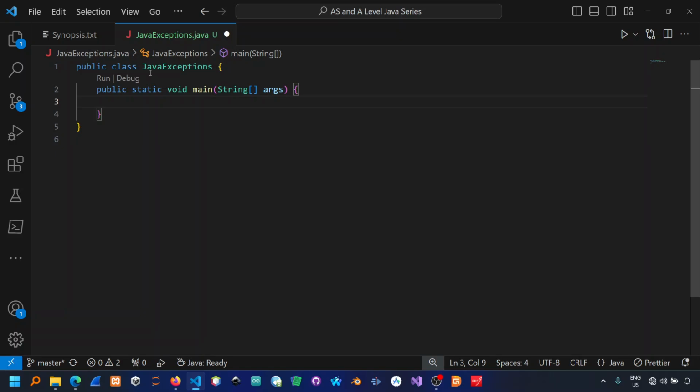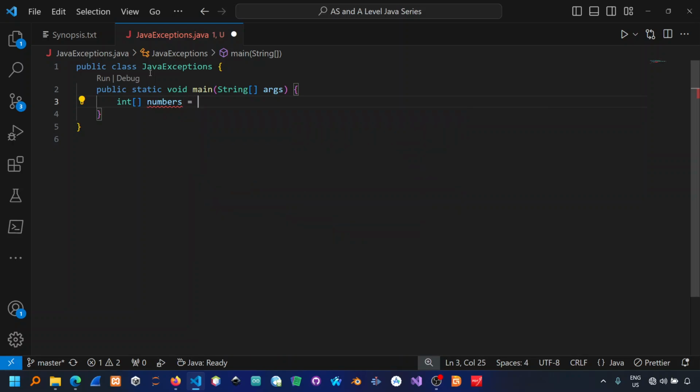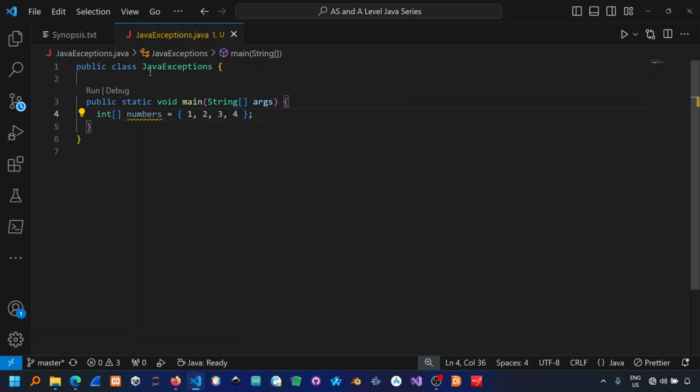Then I will just demonstrate the concept of an exception. So let's create an array of numbers. Then we are going to initialize it with maybe 4 elements, so 1, 2, 3 and 4. By default our array elements have index positions 0 to 3. So in order to access a particular element, we need to make sure that our index positions are between